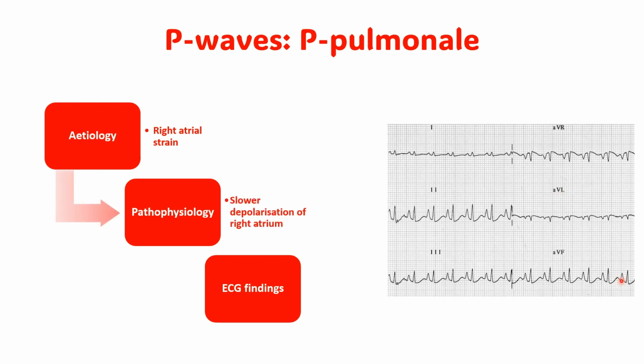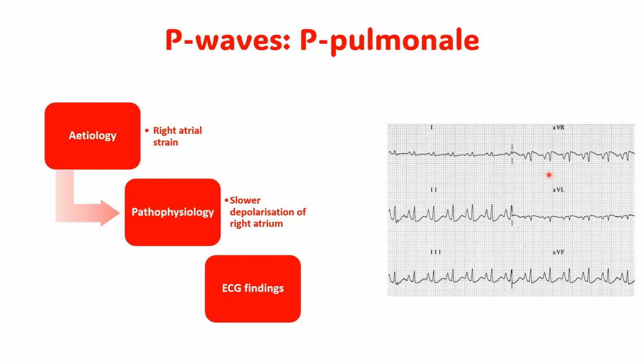So, essentially, we have slower depolarization of the right atrium. Because we have right atrial hypertrophy, that leads to slower depolarization of the right atrium because physically there's more muscle mass, there's more muscle tissue. So this is going to overlap with left atrial depolarization because it's taking longer. So therefore there's going to be an overall increased magnitude of atrial depolarization, hence an increased amplitude or height of